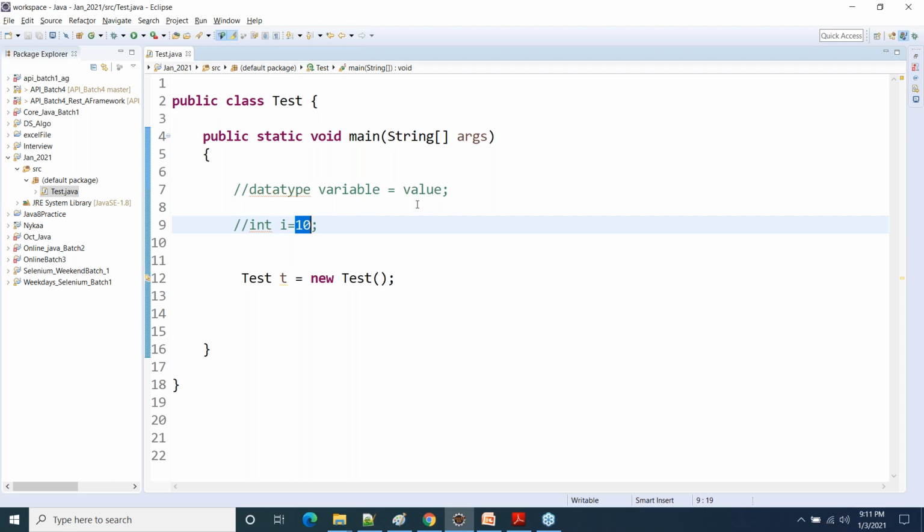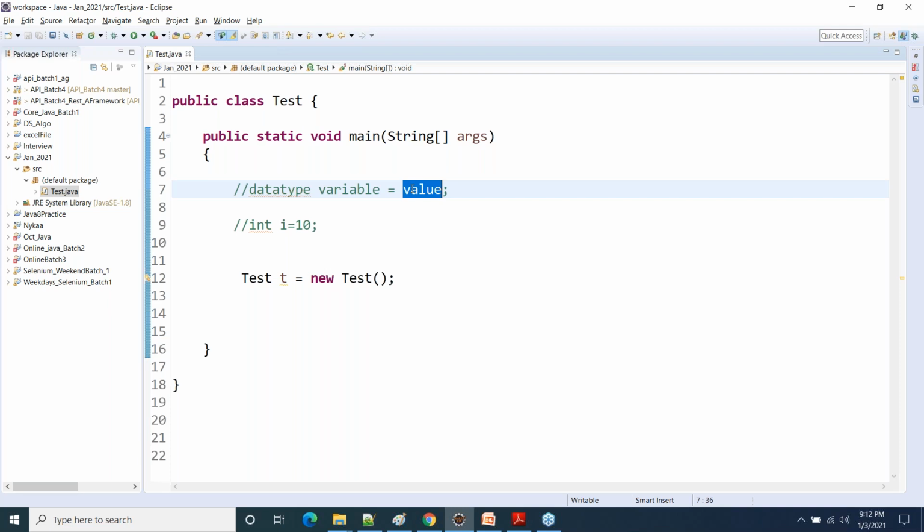Now, whenever you store any value into a variable, you will have to make sure that the data type of the variable and the data type of the value are the same. Let me repeat this again and again because these are very important things.